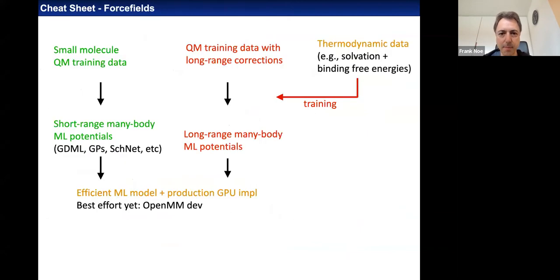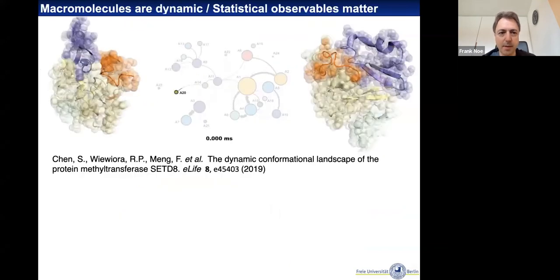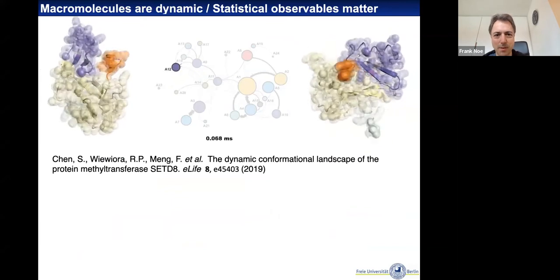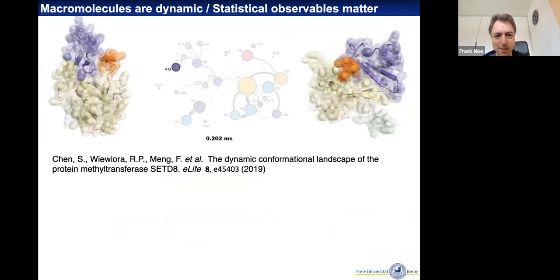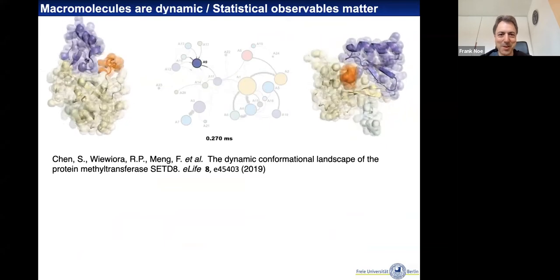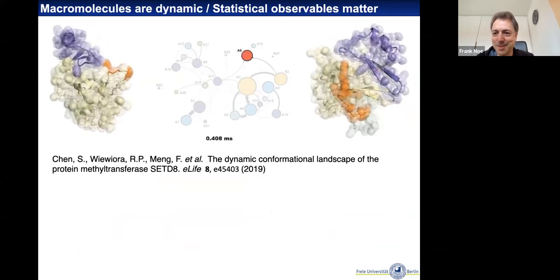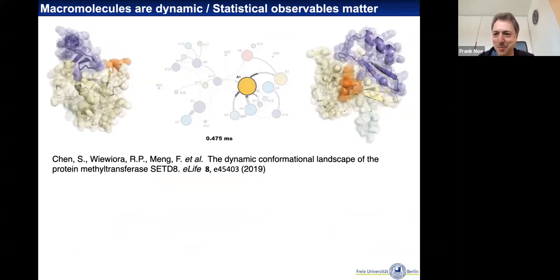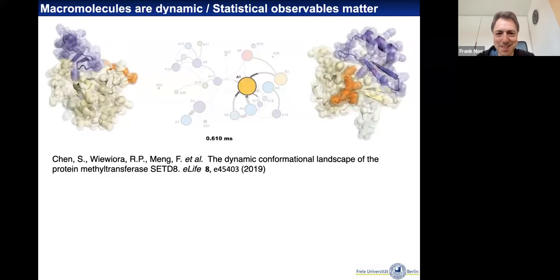In the last part, I'd like to talk a little bit about the sampling problem. That's something that my group and I have been working on for a long time. It was one of the main obstacles in my PhD thesis, and people tend not to forget the problems they worked on in their PhD thesis, at least for some time.